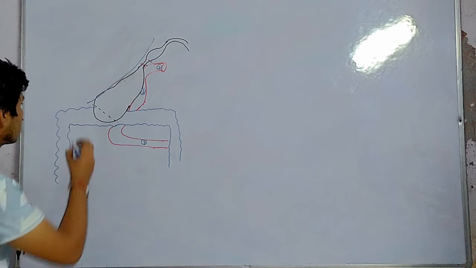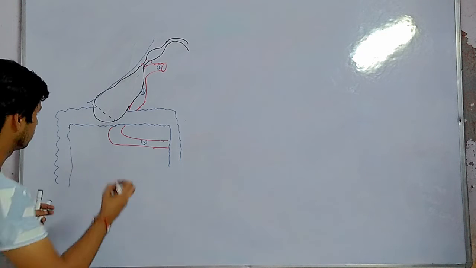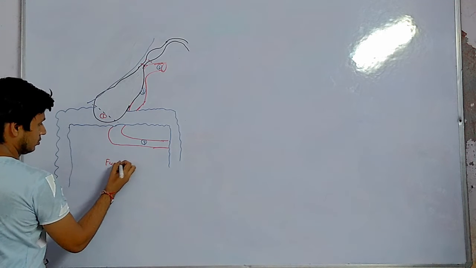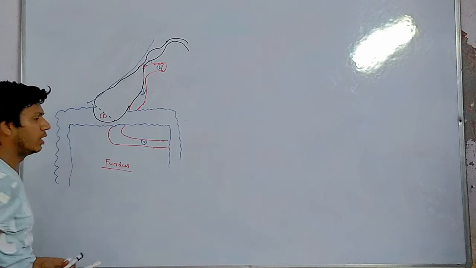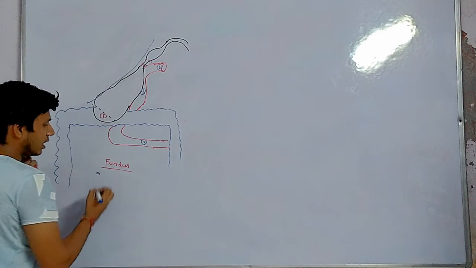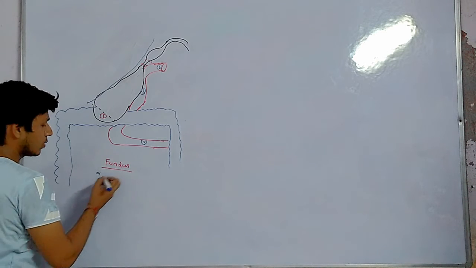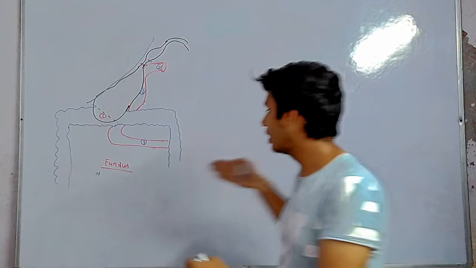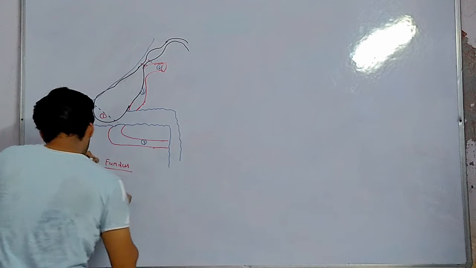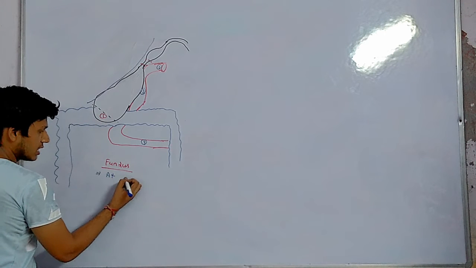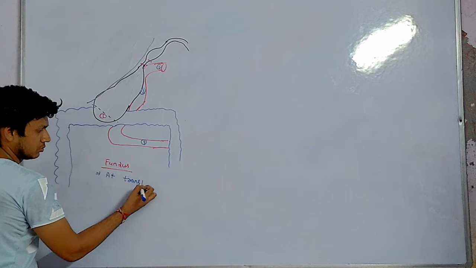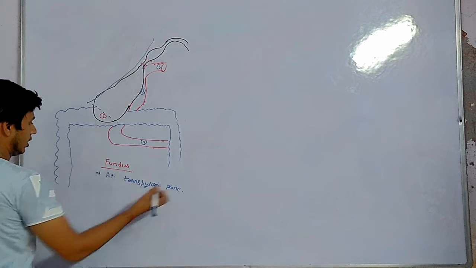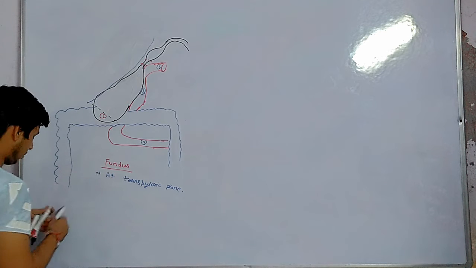Now we can write. First we write about the fundus. This is the fundus part. Important point: first, the fundus is at the marking of the transpyloric plane. Remember the transpyloric plane, which passes through the ninth subcostal margin and then goes to the lower border of L1. Fundus at the transpyloric plane. First point, fundus. Then anterior relation and posterior relation.